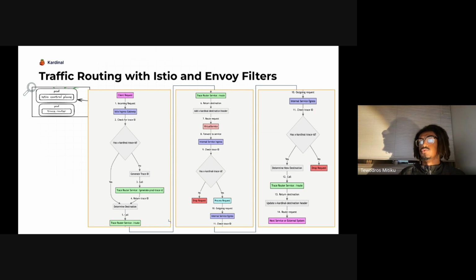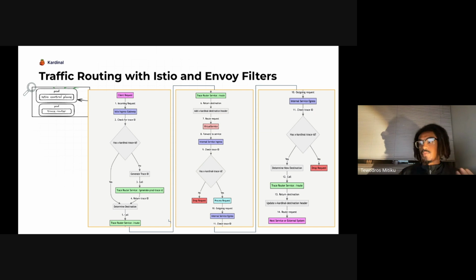And then we'll use an Istio virtual service, which determines, based on the destination header returned to us after calling our routing service, what version of the stateless service we actually need to hit to properly implement where that request needs to go, depending on the flow that it's targeting. And then we'll use an Envoy filter that will determine the trace ID.